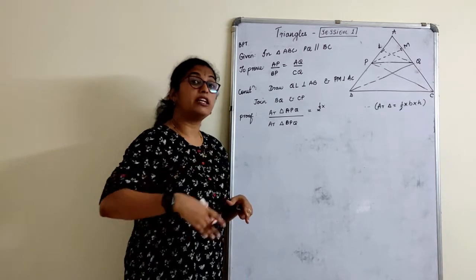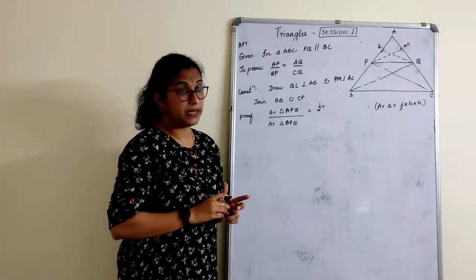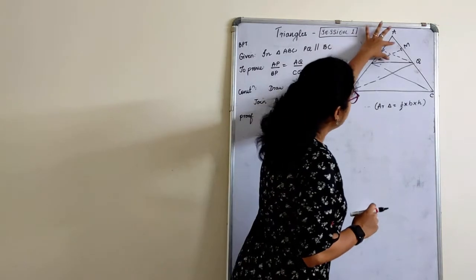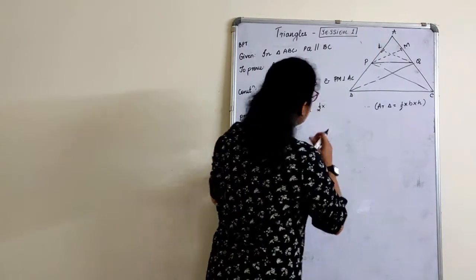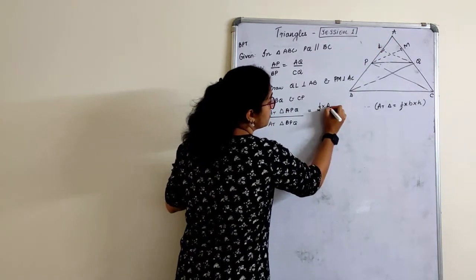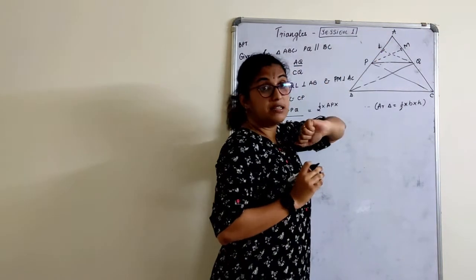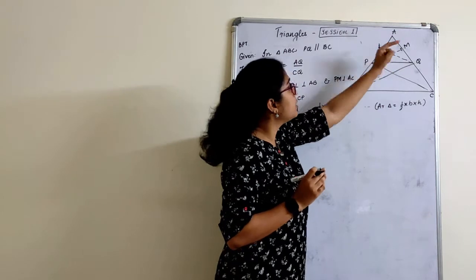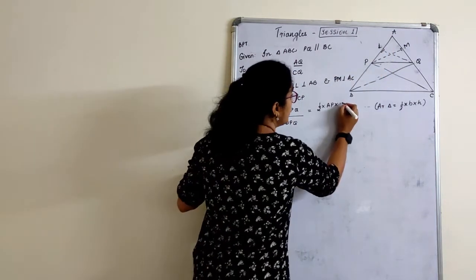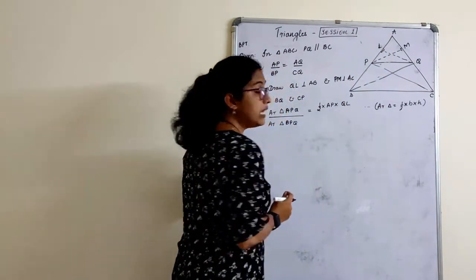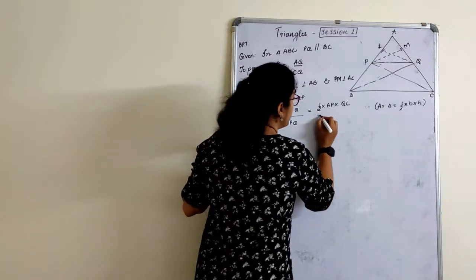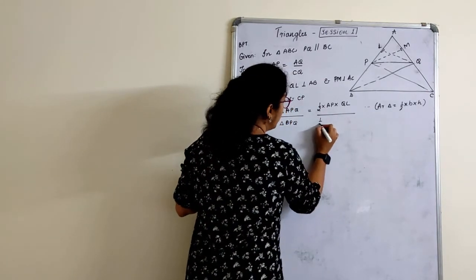There should be a perpendicular for that base. For example, if I consider AP as the base, what is the perpendicular, children? QL is perpendicular, so half into AP into QL, correct? Divided by half